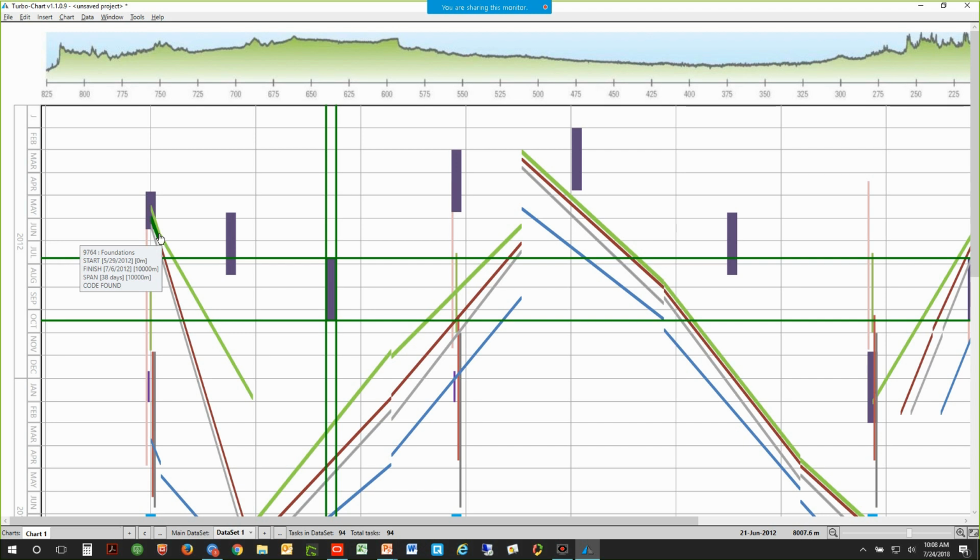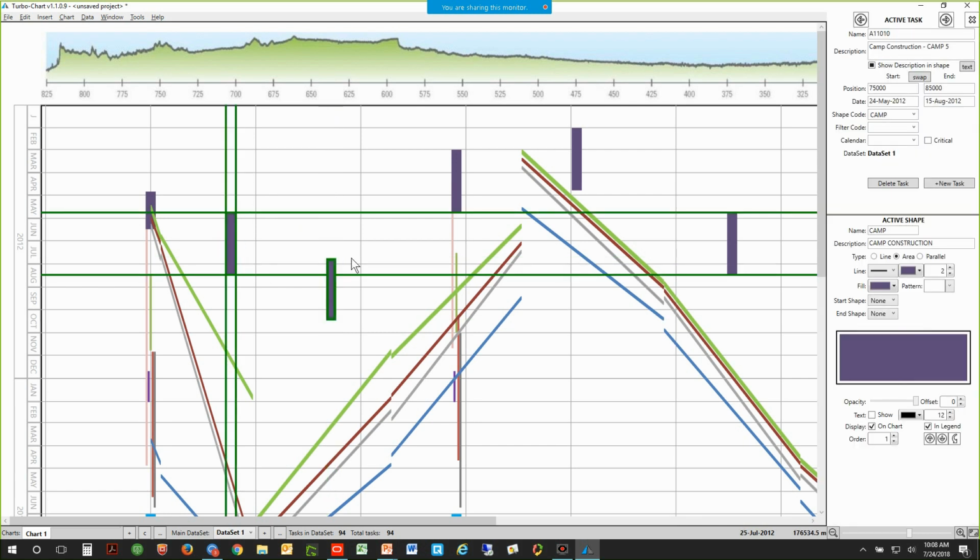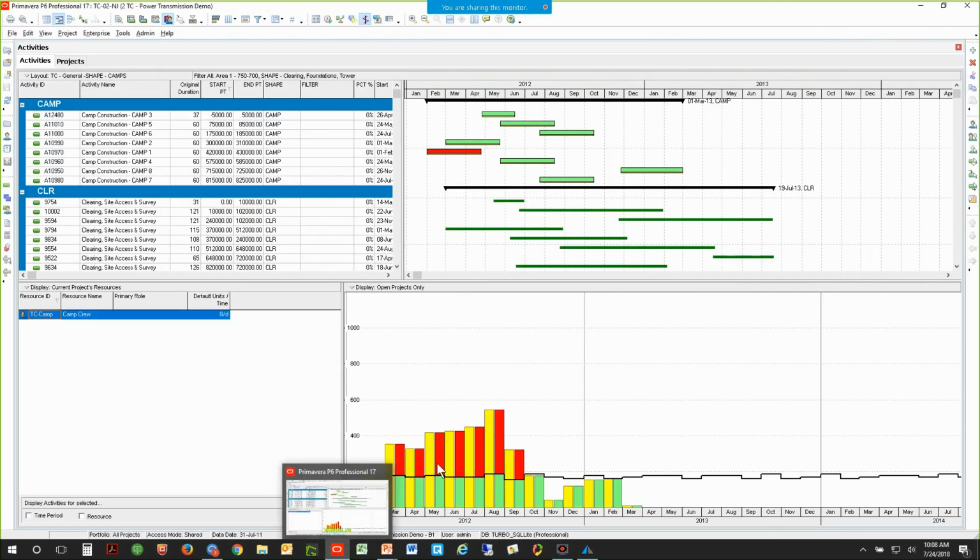Okay, so these are the things that you can see much easier than you can in P6, even if you're really great at filtering and color coding. This really adds nuances that are very hard to pick up just looking at a Gantt chart. Okay, so let's take a look at the camps. With a quick double click, my sidebar comes up, so it's very easy to get that on and off the screen. But let's take a look at the camps, because if I go back to my P6,